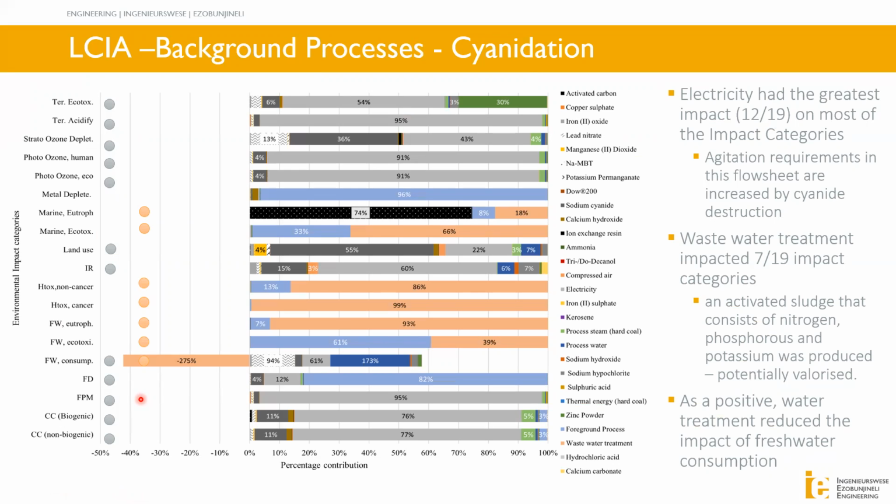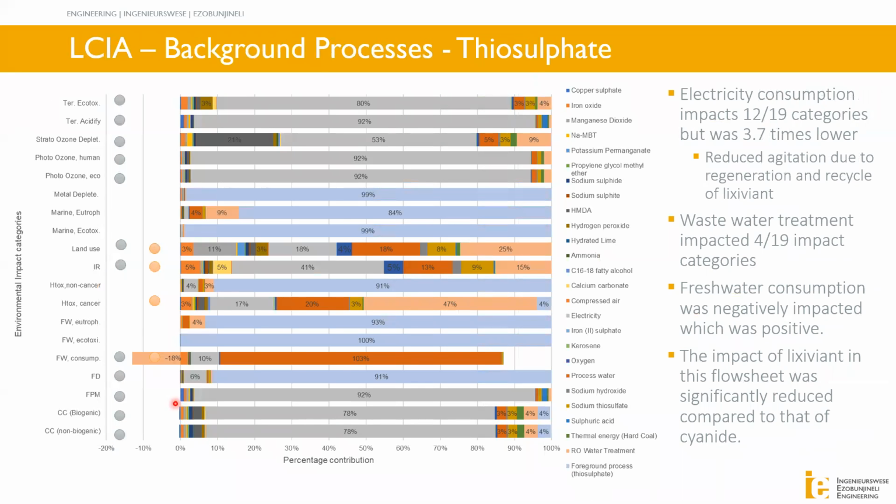As a positive, the impact on freshwater consumption created by water treatment was negative, i.e. it was reduced. The hotspot analysis on the thiosulfate background processes showed the same resources, i.e. electricity and wastewater treatment, had the greatest impact. The same number, 12 out of 19 impacts, were greatly affected by electricity consumption. And it should be noted that electricity consumption in this flow sheet was 3.7 times lower than in the cyanide